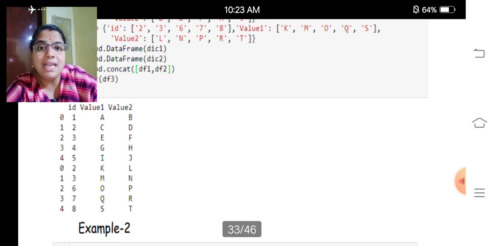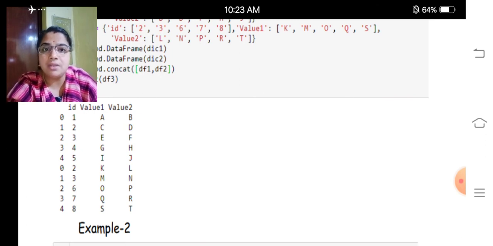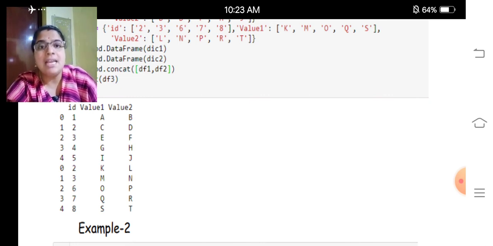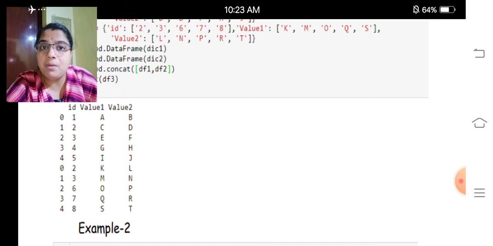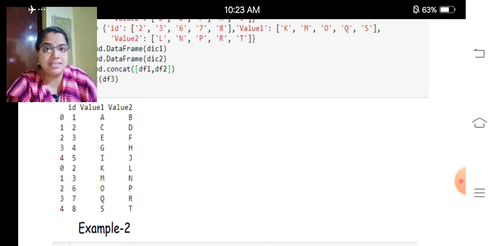So look at the indexing: 0, 1, 2, 3, 4, like that we are getting the index. From the second dictionary onwards it will display again 0, 1, 2, 3. So whatever the IDs, they will be concatenated. Here I had provided no special arguments for concat. That is, I had included only the objects.